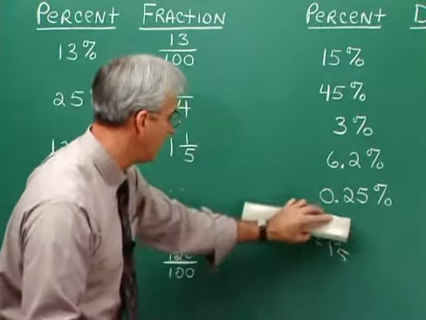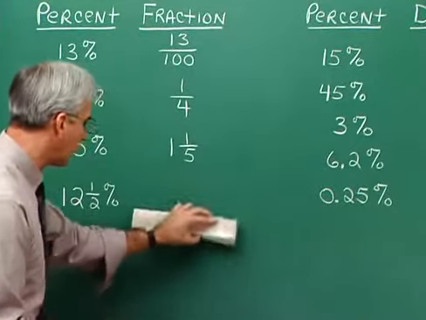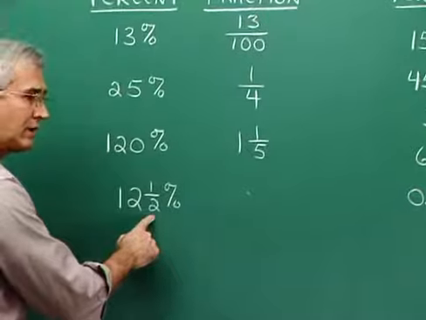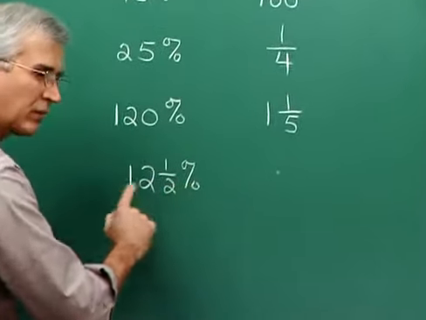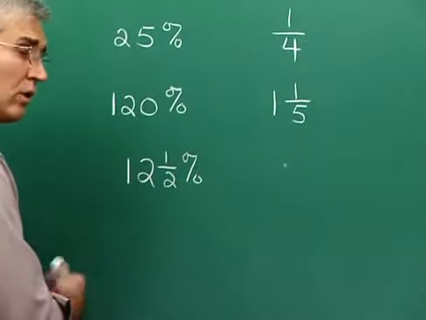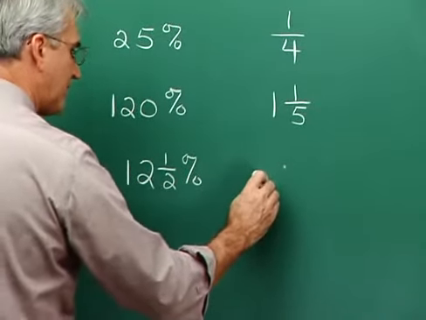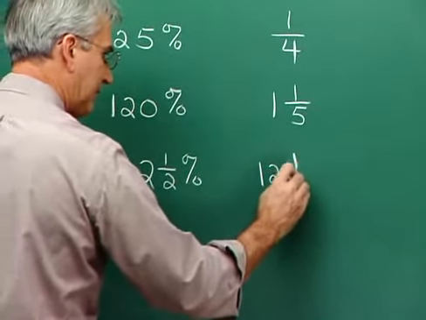All right, 1 and 1/5. Now this one kind of looks strange, doesn't it? It's got a fraction involved in it, or we have a mixed number with the percent symbol following it. What are we going to do? Well, we're going to do the same thing we did before. We're going to think of this as 12.5